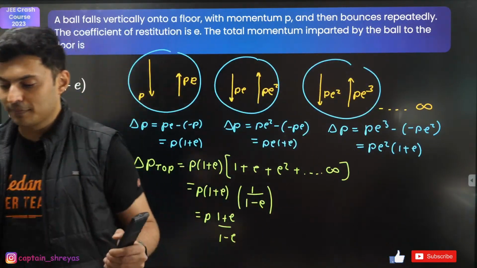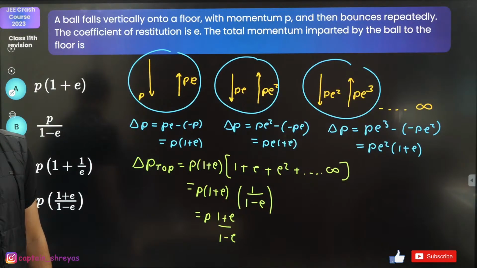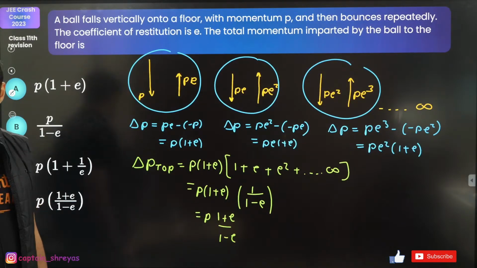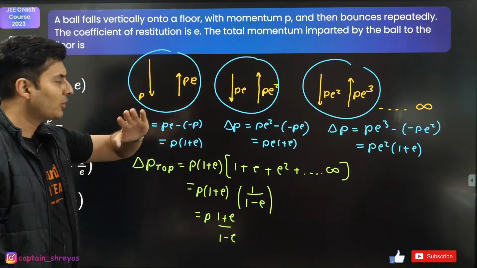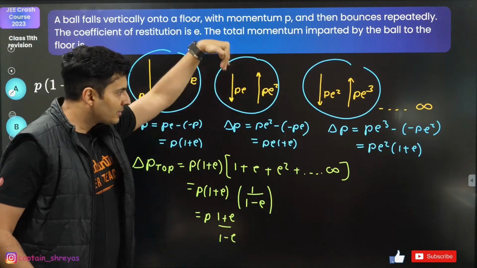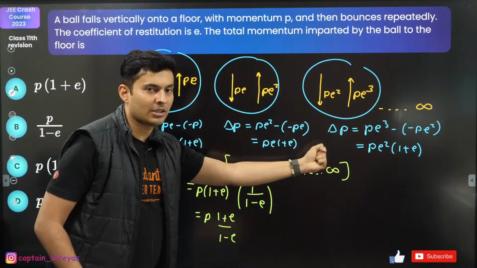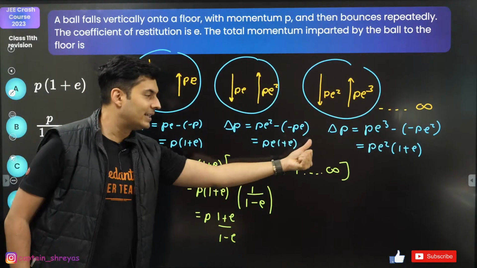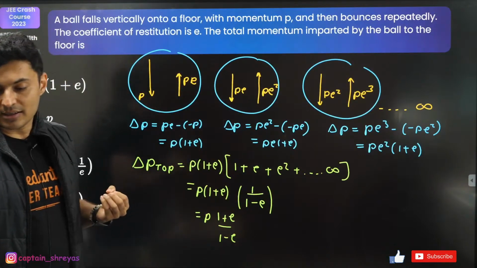Did you love this question? Okay, it's a very, very interesting question. A lot of students do not know what to do in this question. They just add P plus P plus P square. No, every collision the momentum changes. The change in momentum you calculate for each collision. You see they follow a trend. The moment you identify the trend, you know you have to use series and progression.